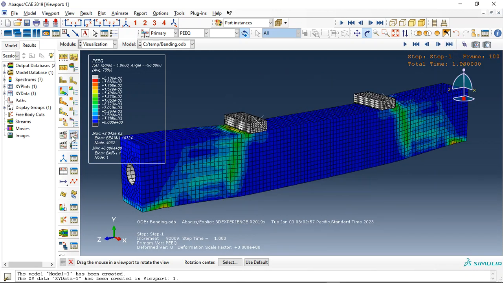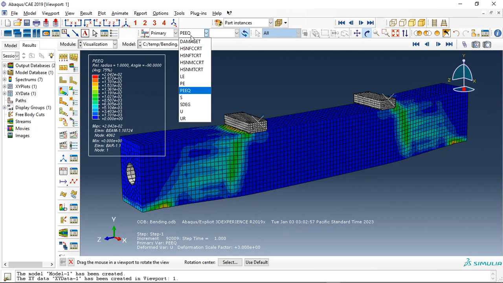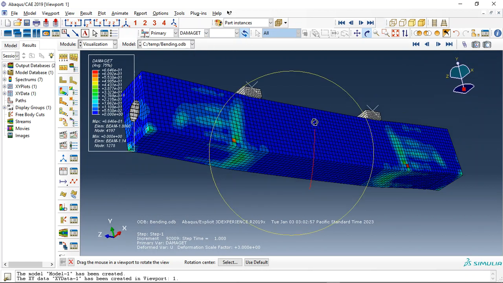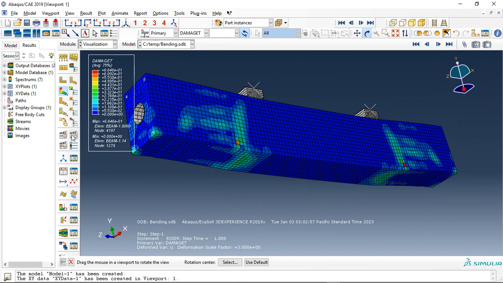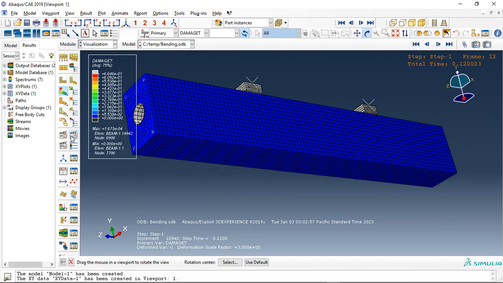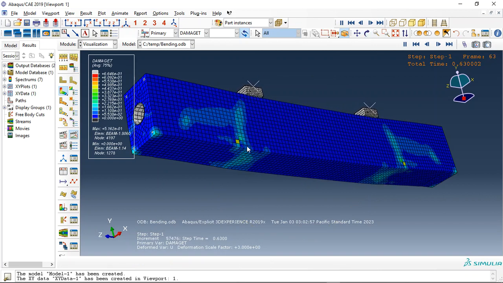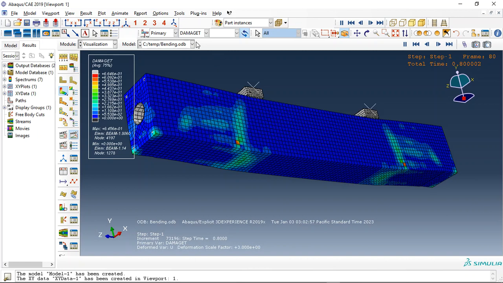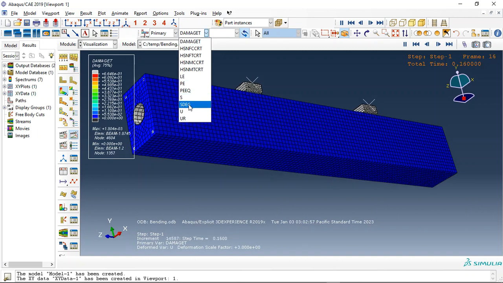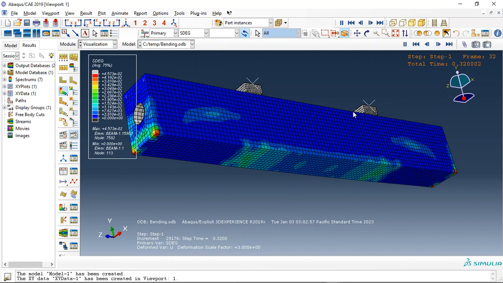Okay, and this is the plastic strain, tension damage or tensile damage. It happened here, you can see here. If I click on the stiffness degradation,